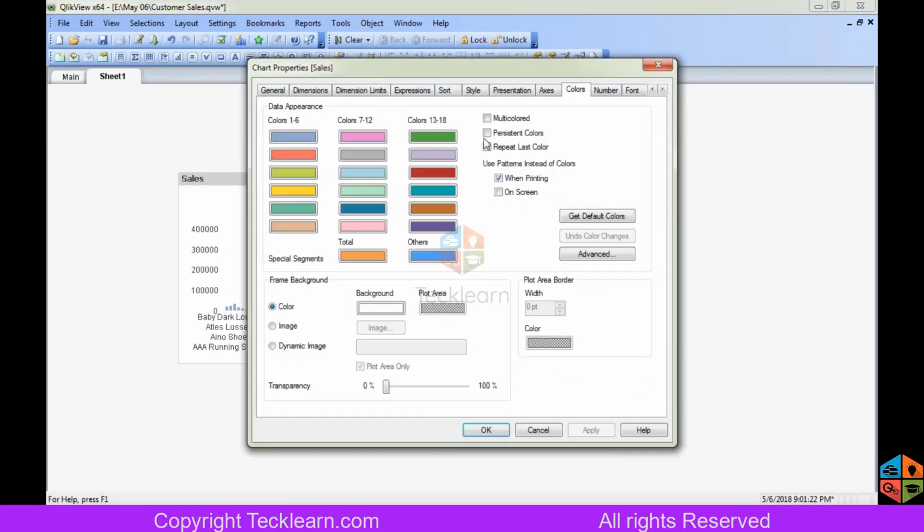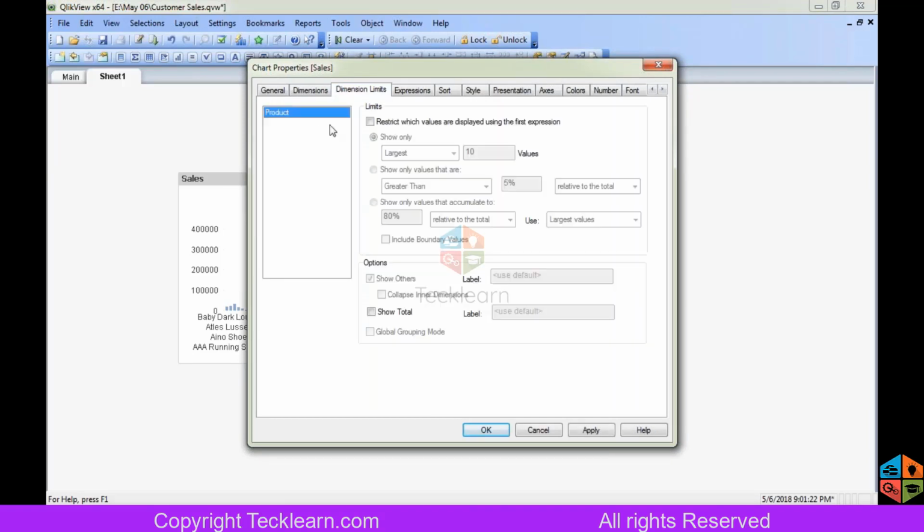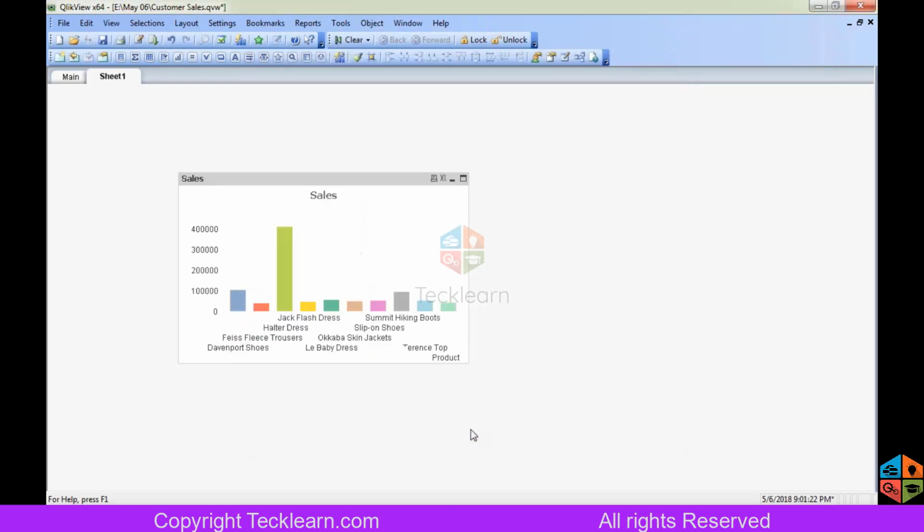I will go to the colors and add multicolor. Coming to the dimension limits, I will restrict here and uncheck this. I want to display the top 10 products.